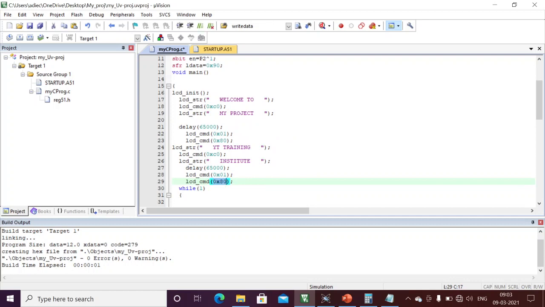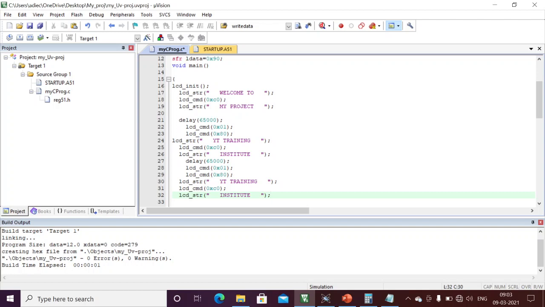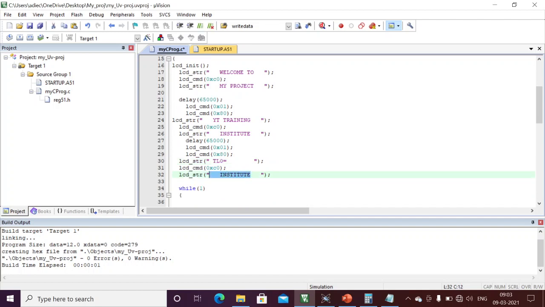Again in 80, I am going to display this TL0 content. This is my lower byte I am displaying. Similarly, for the counting application, TL0 and TH0 act as counter 0 right now. This is the TH0 equal to.